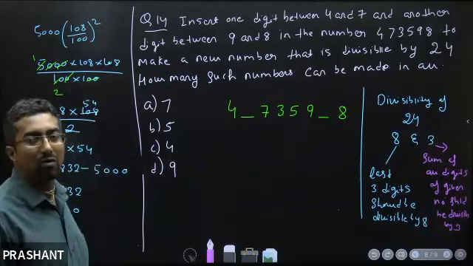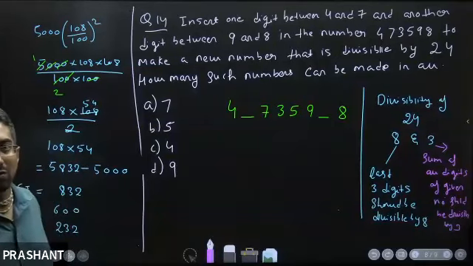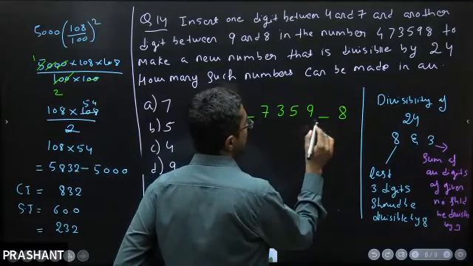बोलो, yes or no? है कि नहीं? No, sir. नो, तो 0 नहीं हो सकता. 1 रखें तो